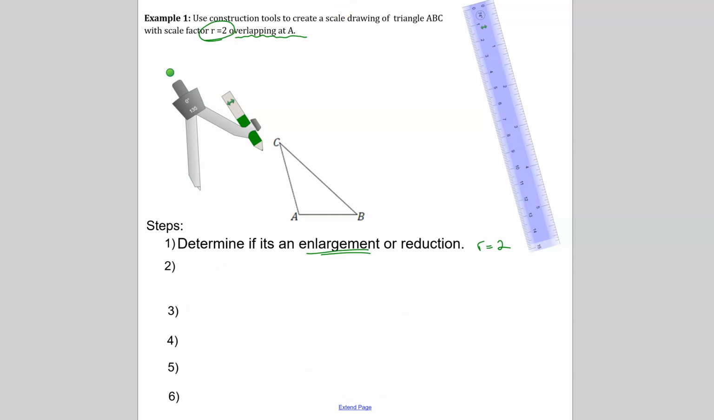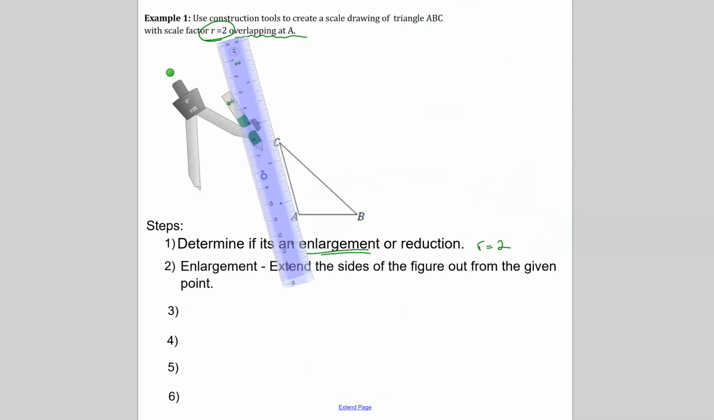So step 2, since we now know it's an enlargement, easiest thing that's overlapping, we want to extend the sides of AB and AC. So again, you can take your straight edge, just line them up like so, right? And you can create an extension of that line just by simply doing this,